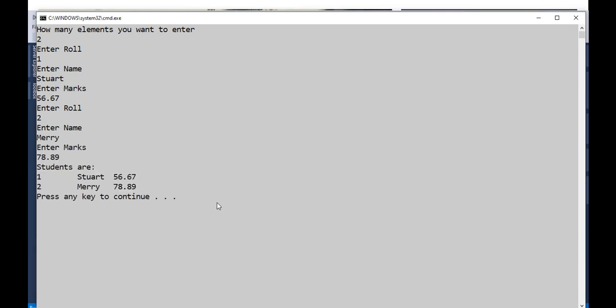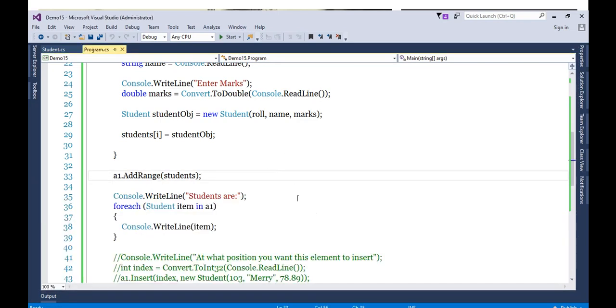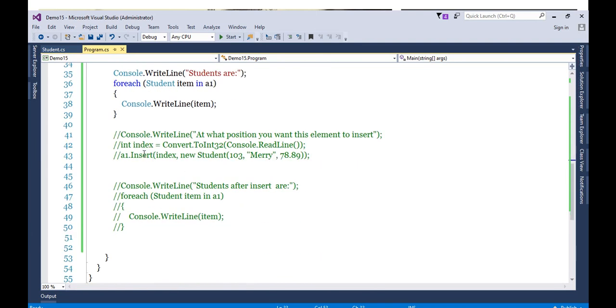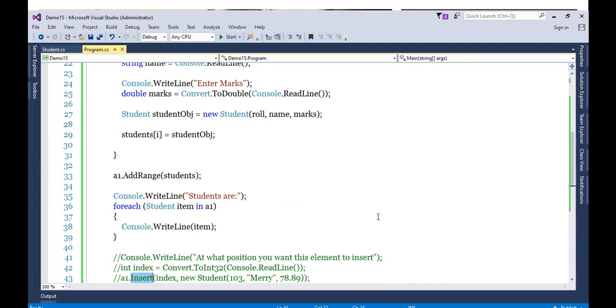And I will get an answer. This is another way of doing it, right? Like let's say I already have a total of 5 elements, and then I'm calling AddRange, then also it will work, no problem. Okay, so AddRange will add the collection into the array list. Add will add the element at the end, and Insert will add the element in between. This is how you will create an array list. So three facilities you got: Add, AddRange, and Insert.